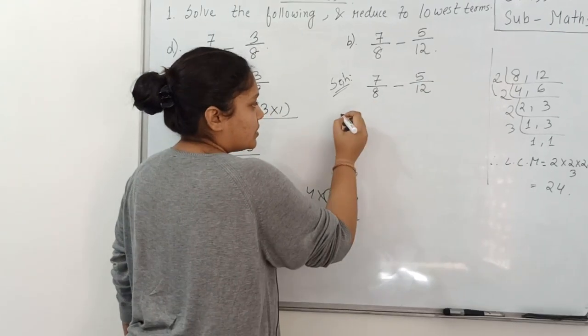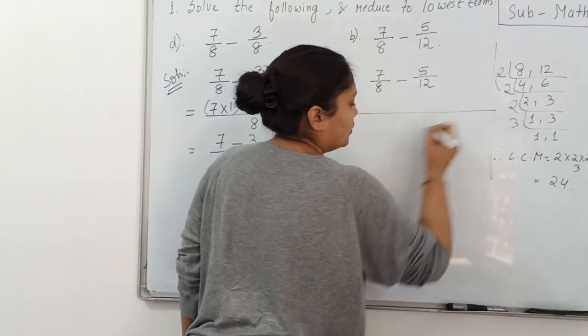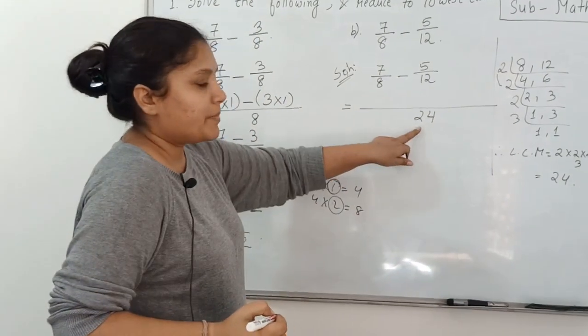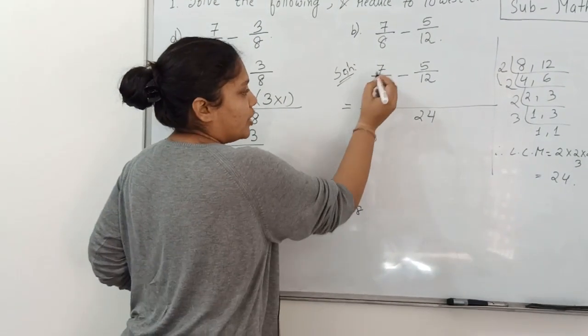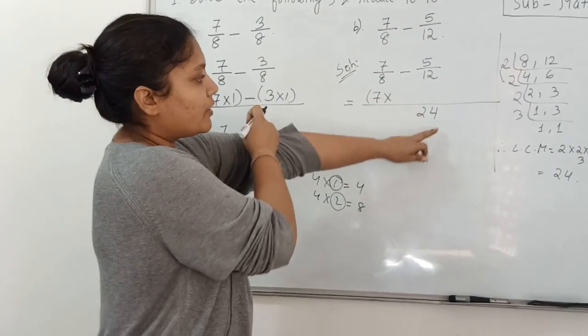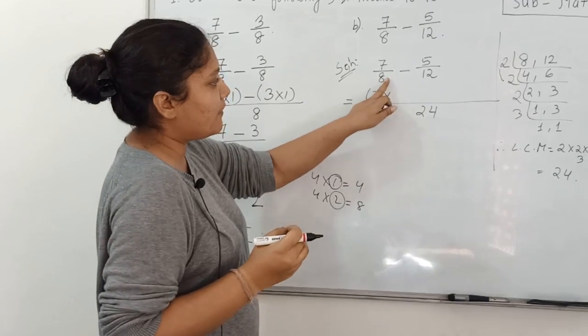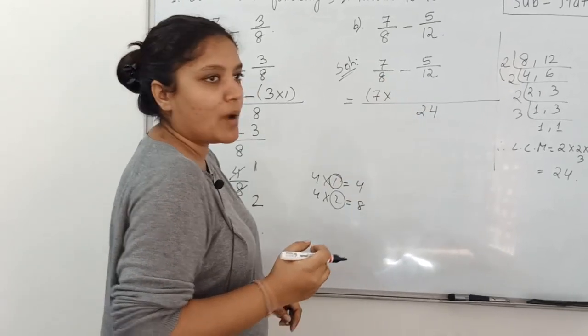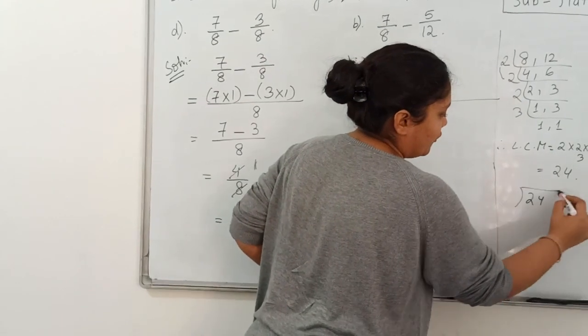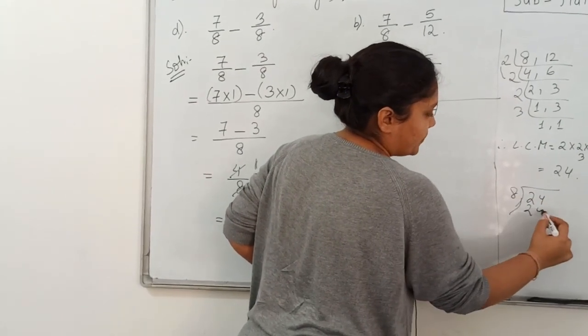Okay, so now what you will do, you are going to take the LCM here. Now at the numerator what is there? 7. Now 24, here what do you have? 24, here you have 8, right? 24 divided by 8, how much? You can see in rough also. Now it is a big number, right? 24 divided by 8, what?